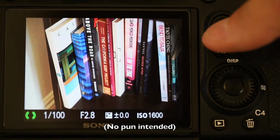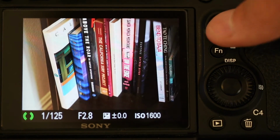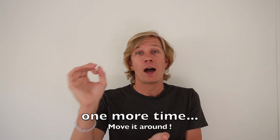Okay, and my last point is to move that autofocus point around. If it's stuck in the center, you're really limiting your composition. What you want to do is move that focus point around. Maybe it goes to the side, to the bottom, diagonal, every which way. You can move it around a number of different focus points regardless of which camera you're shooting, compact, mirrorless, or DSLR. So really move that focus point around so you can get it on the eye of the subject in a macro composition,